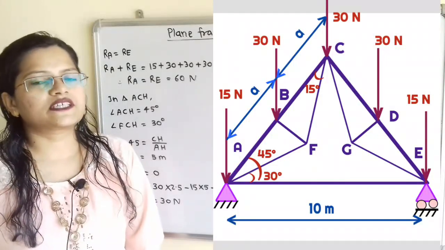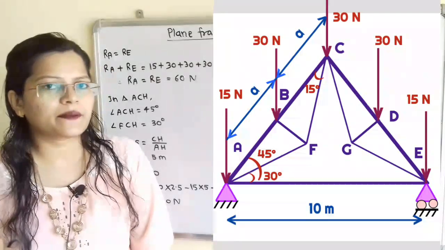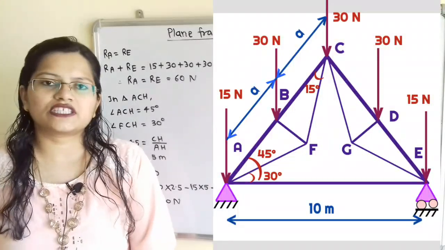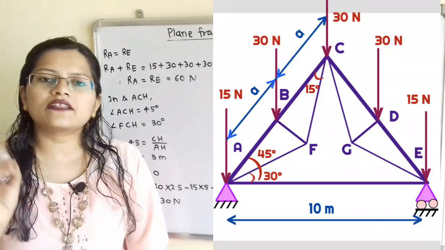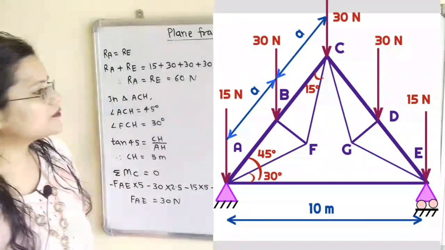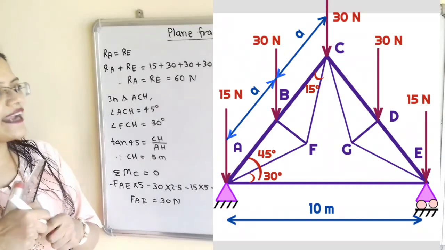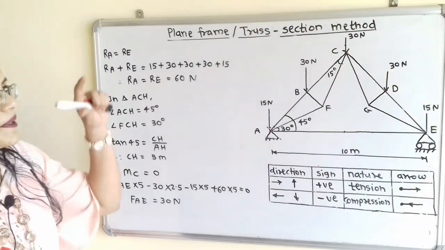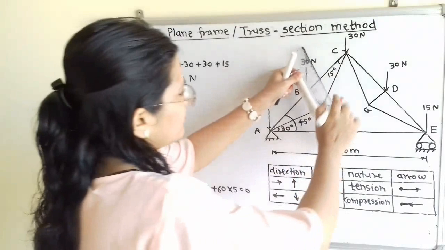Now there is a basic rule. We can pass the section through maximum 3 members and not more than that. We have to draw the section line in such a way that it will separate the entire truss into 2 parts. So if we observe this diagram, I can draw here one section line so that it will pass through maximum 3 members. So I will select those members BC, FC as well as AE. And I draw here one section line,